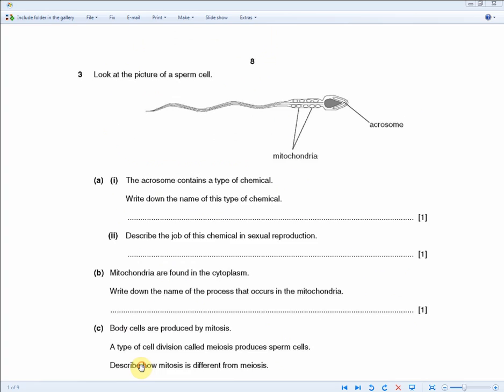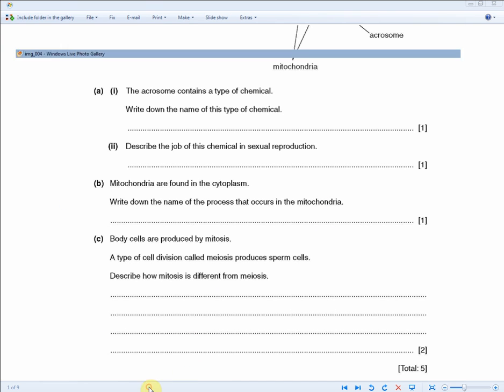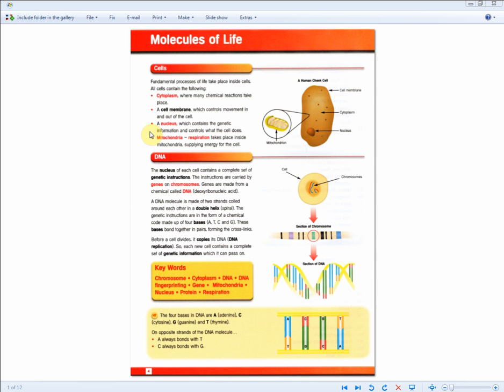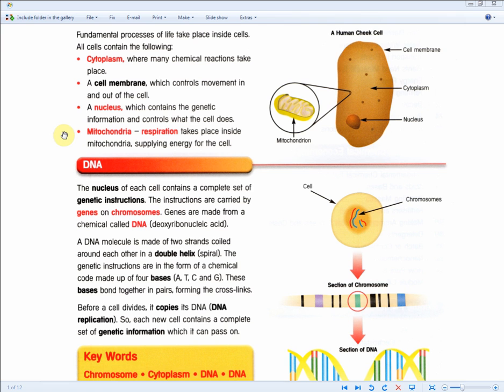So carrying on, mitochondria are found in the cytoplasm. Write down the name of the process that occurs in the mitochondria. Well, this has really nothing to do with the divide and rule section. It's just a quick revision question, a 1 mark one. Basically, they're asking you to recall this part of the revision guide, the very first page of the biology section for the B3 unit, where it says mitochondria: respiration takes place inside mitochondria,